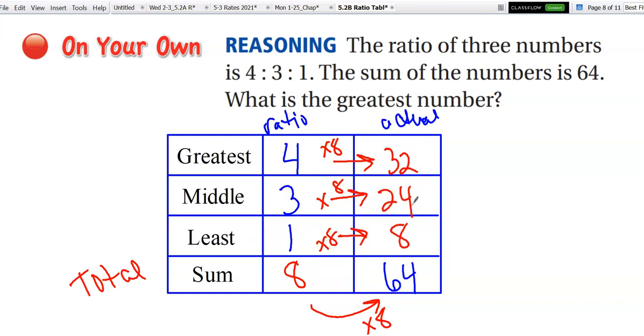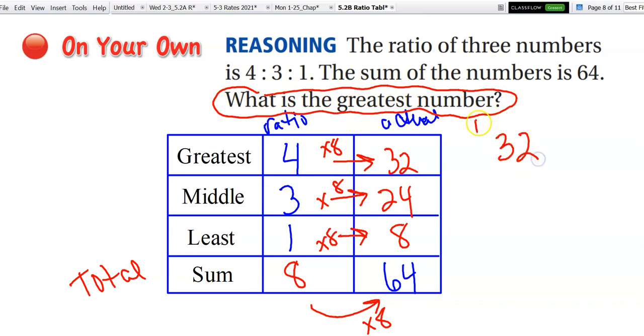And guess what it asked me, right? Super important. I go back and I read the question. What is the greatest number? It doesn't ask me to just fill out the table. It asks me the greatest number. And the greatest number out of those 3 numbers is 32. That's my answer to that last